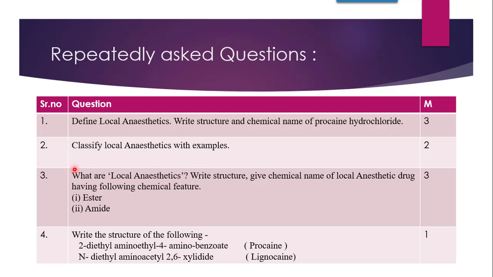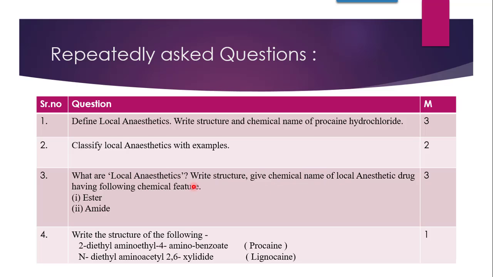Next question is: what are local anesthetics? They have asked you the meaning. So here you can write down the definition of local anesthetic along with the example and the common uses, or in all, the general properties of local anesthetics you can enlist. Then write the structure and give the chemical name of the local anesthetic drug having the following chemical features. Now again, what are local anesthetics will carry 1 mark, and